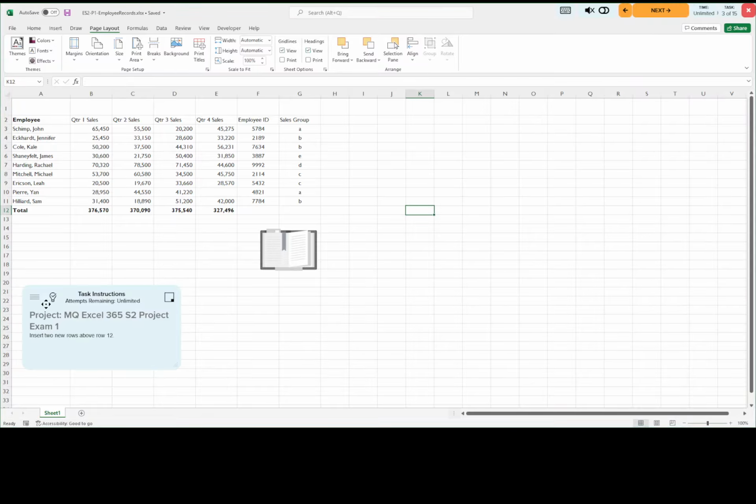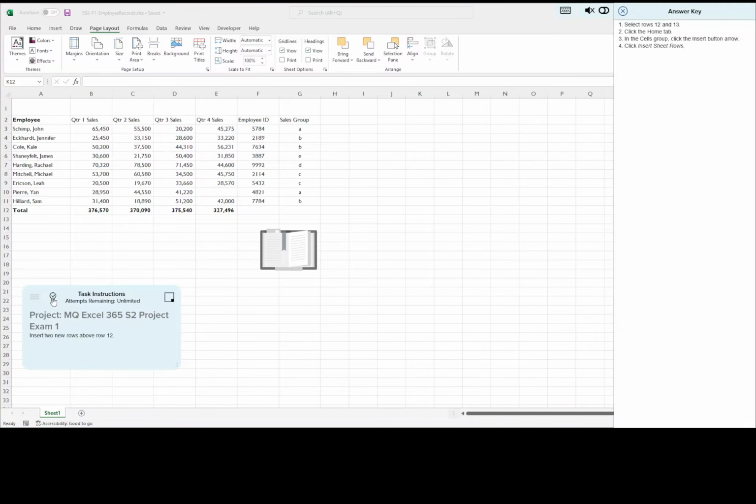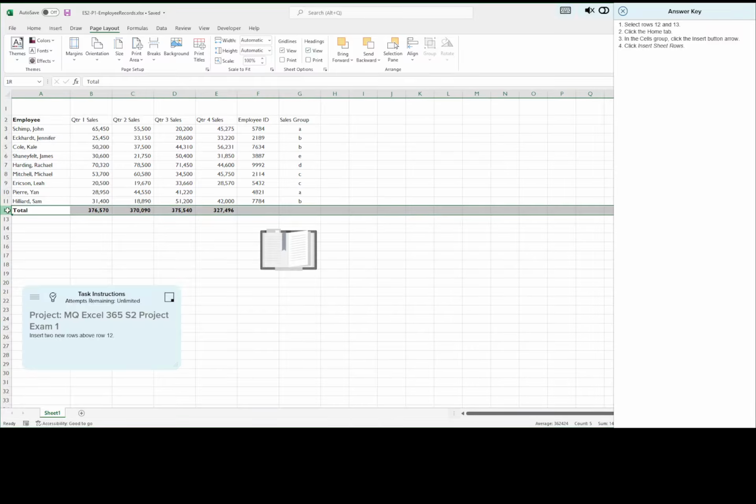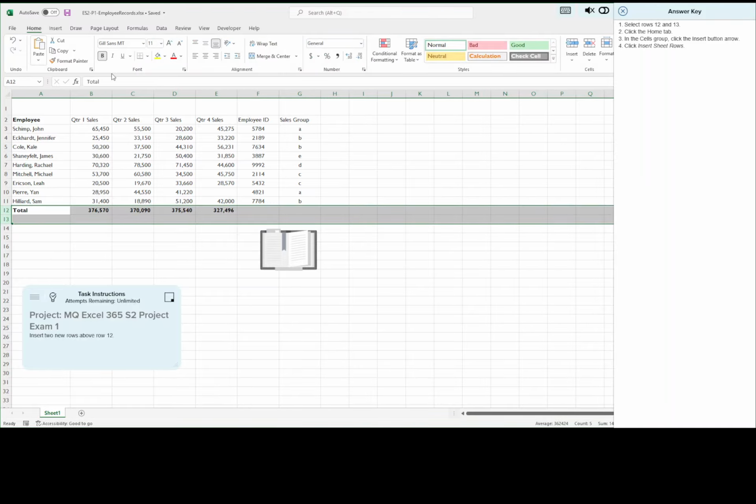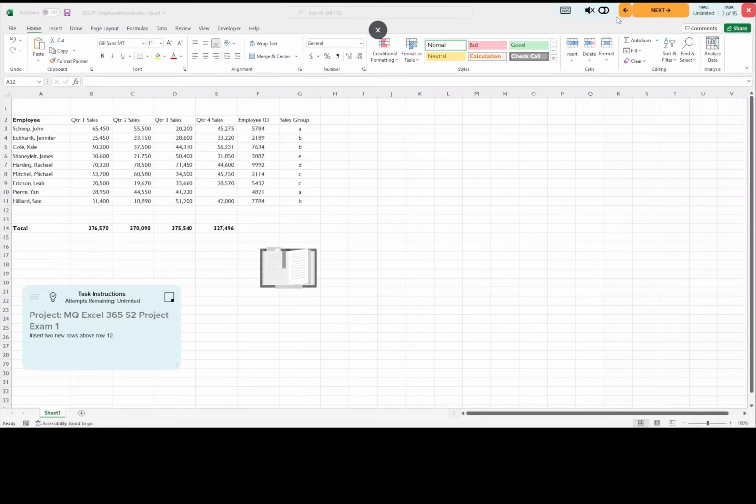We need to insert 2 rows above row 12. So what we're going to do is we need to select 2 rows, and 12 is going to be one of them. So with the black arrow pointing to the right, I'm going to click. Now I see the plus. I'm going to drag through 2 rows. Now with that, we're going to go to our home tab, and we're going to go to our insert drop down, and we're going to insert sheet rows. And it puts 2 of them above. Perfect. I'm going to go ahead and hit my save key there, and I'll close my answer key,